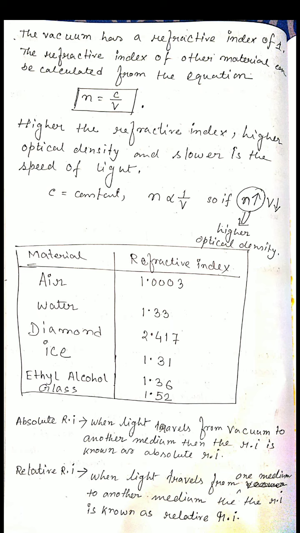that means we find out the refractive index of the second medium with respect to the first medium. So it will be compared with the first one. In between water and air, if we compare, the refractive index of water is more than air. Here we compare relative to air, so it will be more. That is called relative refractive index. Okay.